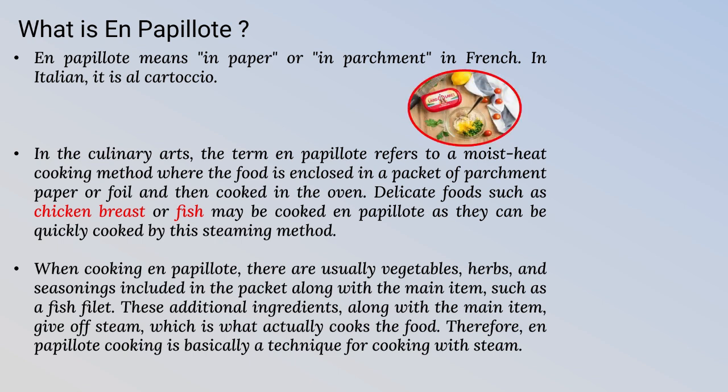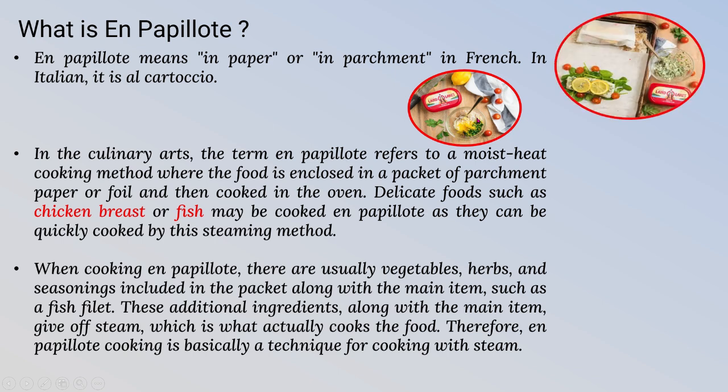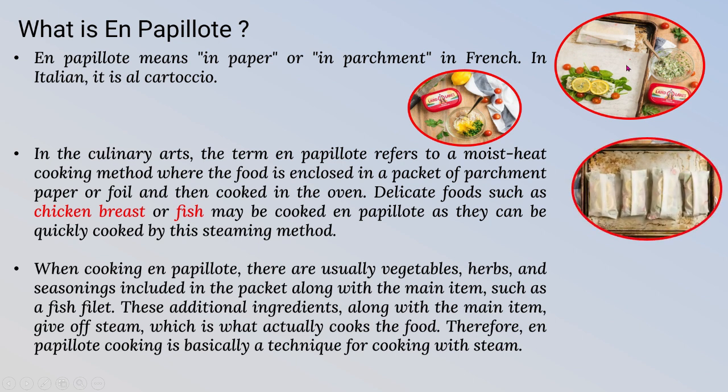Now let us see some images. Here we can see some vegetables, a mixture of ingredients which will be there in the sealed packet. And then if you see, in a packet we are putting some base of herbs, some vegetables. Here you can see some slices of lemon, a fish portion is also given, and then it will be made into